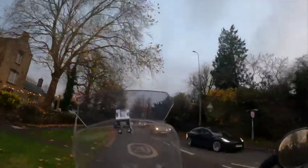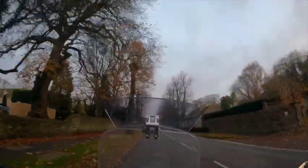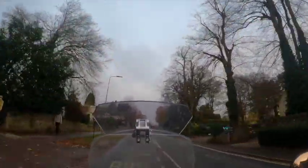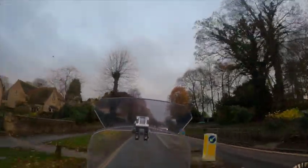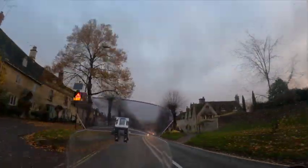So we're starting this ride in the lovely town of Burford, often known as the gateway to the Cotswolds, and it really is one of those towns and villages that you have to visit when you come to the Cotswolds. It's almost like one of the top 5, and I will be doing a video specifically on Burford, because there's actually quite a lot to Burford,